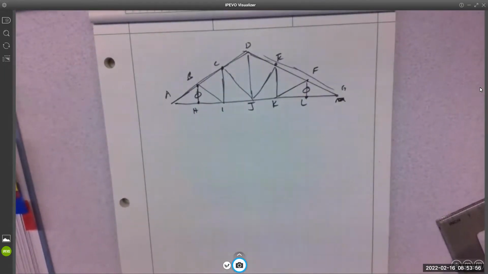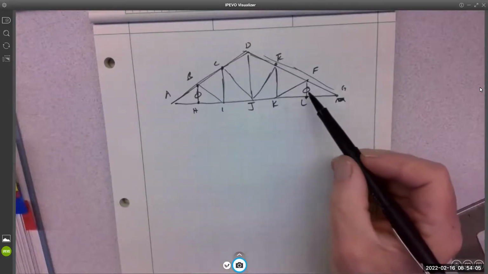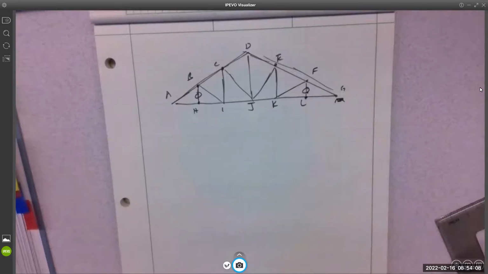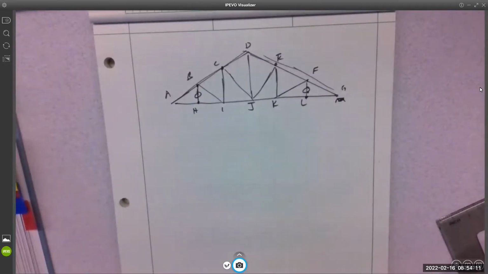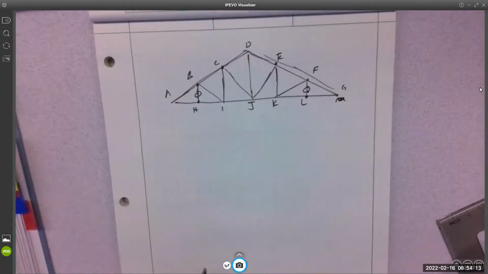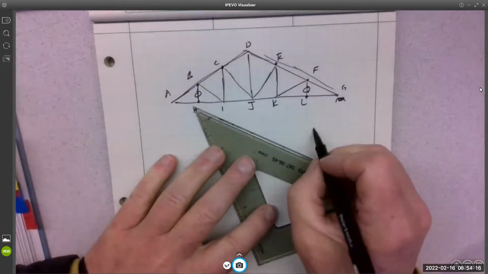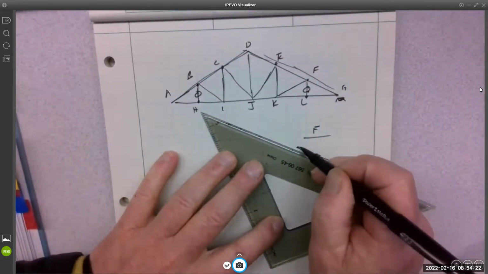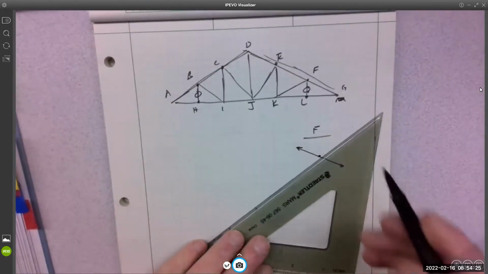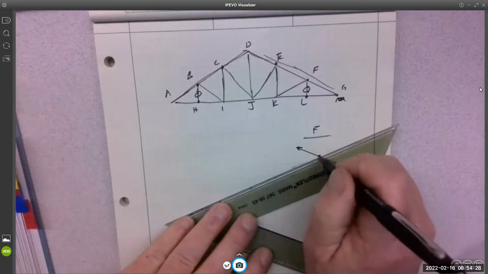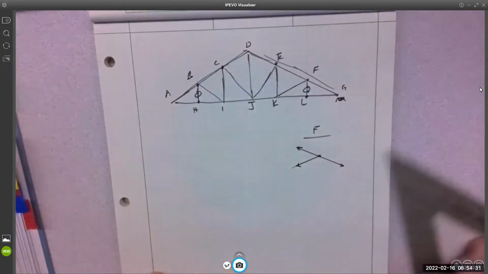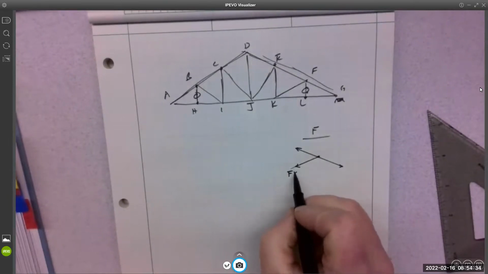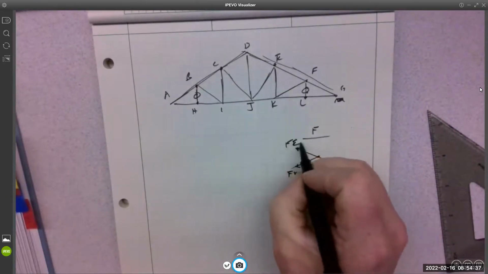Good. So now I'm going to teach you the contagiousness of zero force members. So once you determine for sure that this is 0, it's 0 at both ends. Does that make sense? It's got to be 0 at both ends. So that means the new connection at F looks like, and I'm going to exaggerate this, it's like this, right? Where we have FK, FE,